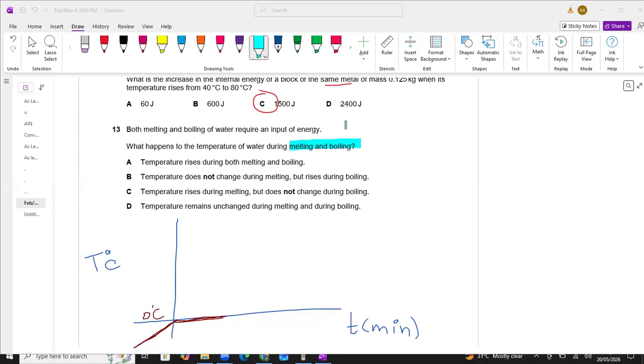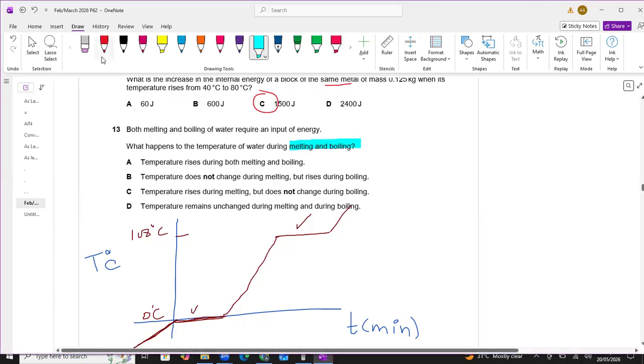Now, students, as the ice is completely converted into water, the water temperature will start to increase until it reaches 100 degrees Celsius, the boiling point of water. So again, we get a straight horizontal line, which means the water is boiling at this point. Again, the force of attraction becomes weakest, and after boiling, water is converted into the gaseous state. So you can see these are the two transition states, melting and boiling, where there is no change in temperature. So which one is the correct answer?